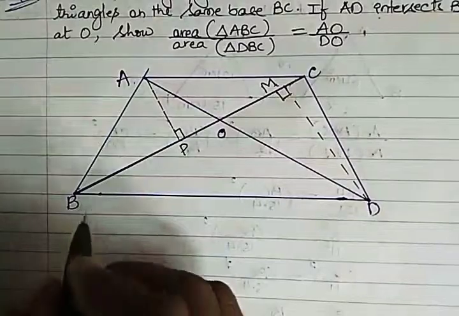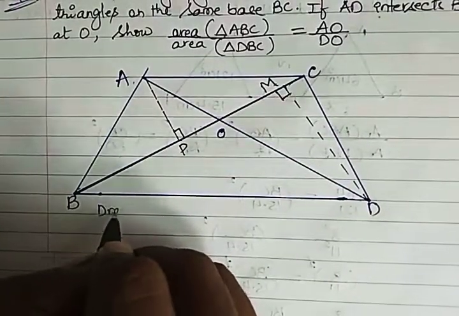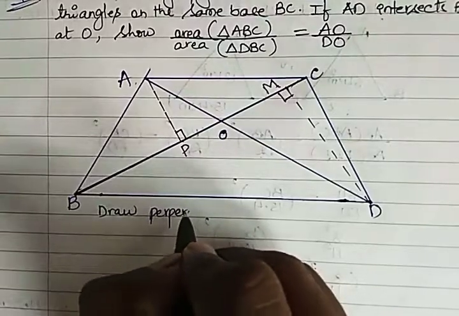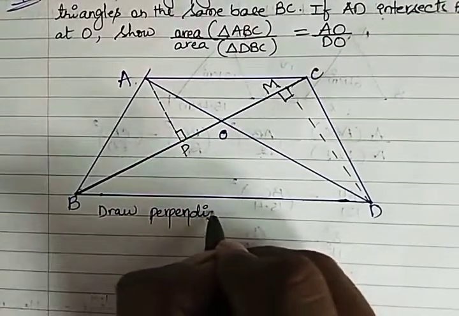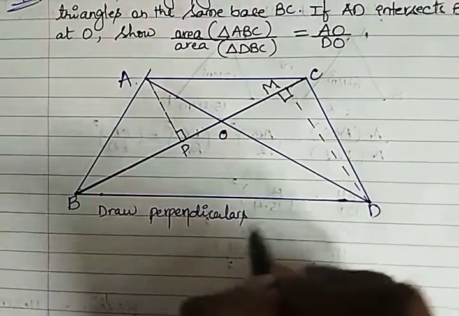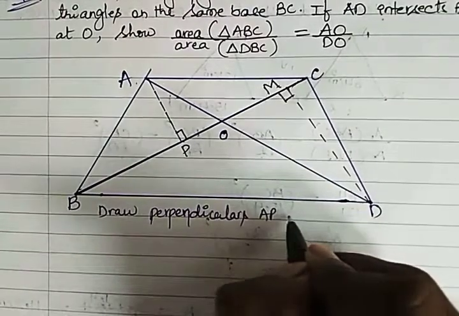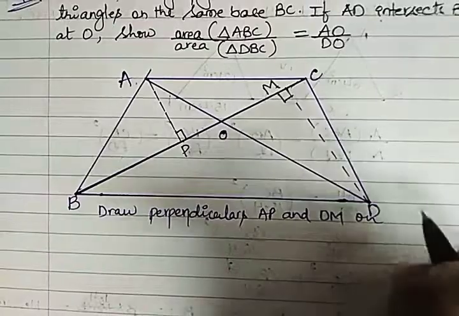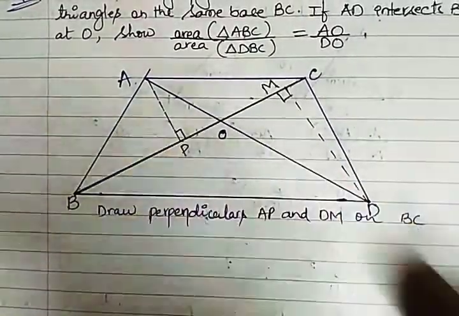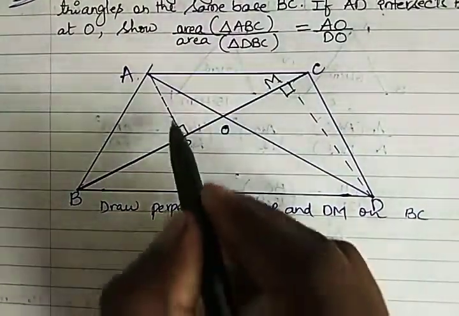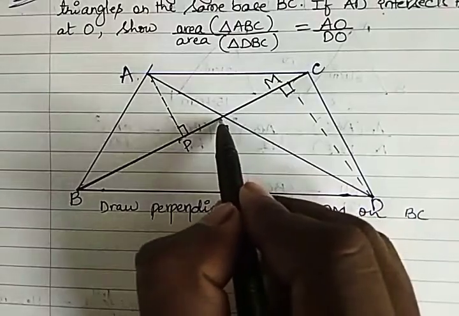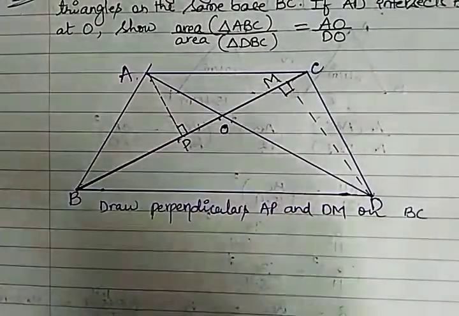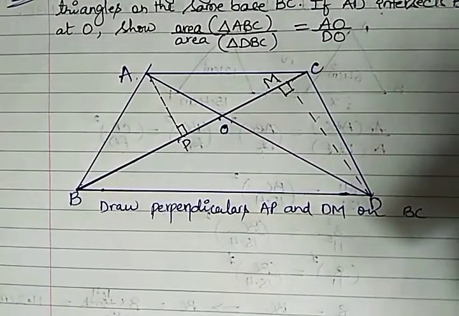First, draw perpendiculars AP and DM on BC. BC के ऊपर हमने A perpendiculars draw कर दिया. So now we have got APO, a right angle triangle, and DMO, a right angle triangle. In these two triangles,